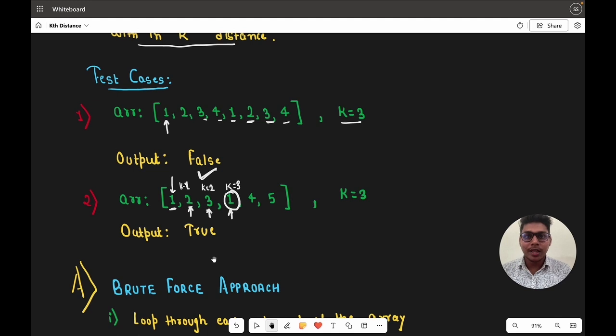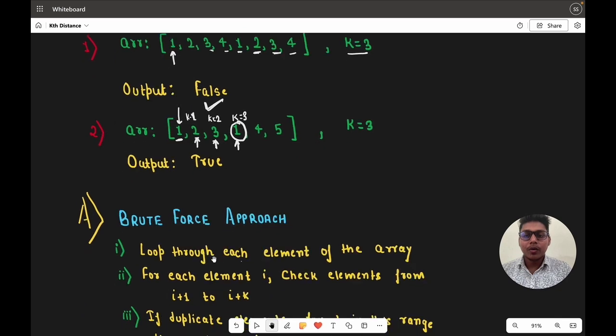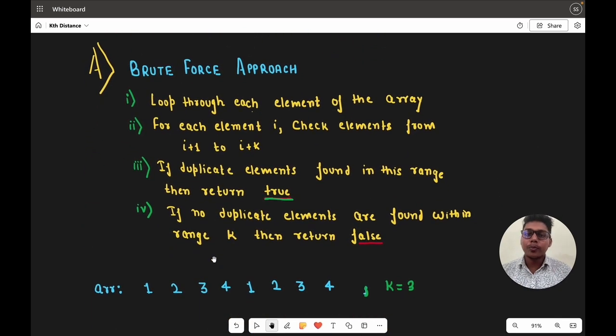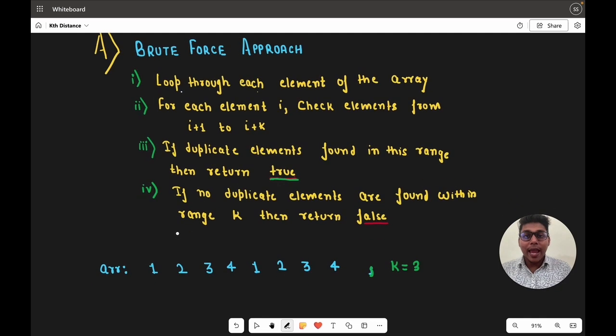Now let's try to understand the approach to solve this problem. So first of all, we will try to understand through the brute force approach. Okay. So let's see what exactly we need to do in the brute force approach. We are going to use a loop, right? As we have discussed, that if we are standing at one element, we need to check the k other elements,